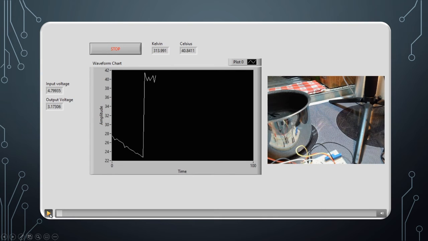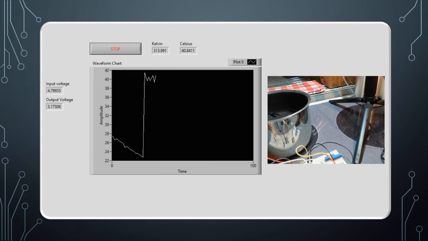Here's the video. I'm going to pause it real quick. So initially, at this point in time, I had just placed the thermistor in the water. It was at room temperature before. Might have been a little hot because I might have touched it picking it up. So around 28 Celsius. It was around 20. Still reading kind of high for what I expected and what I had tested before. And then as soon as I put it into the water, it jumped up to 40 Celsius, which didn't really seem right to me. 40 Celsius is 104 Fahrenheit,